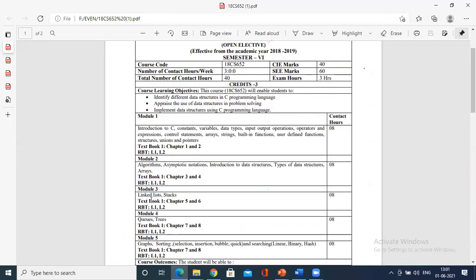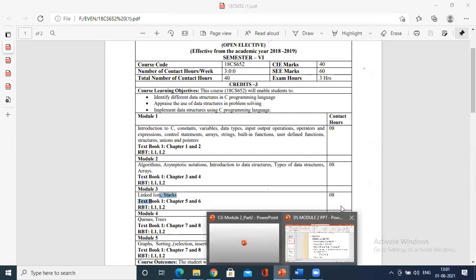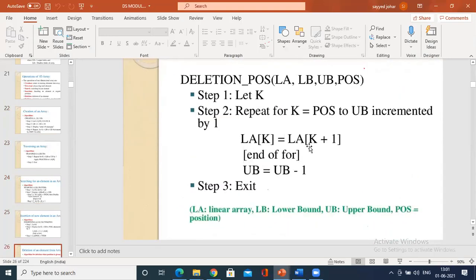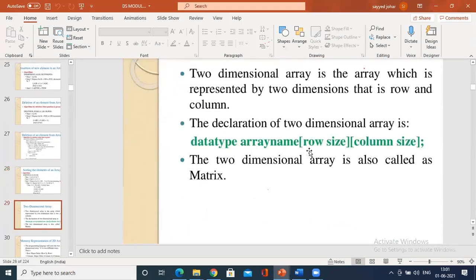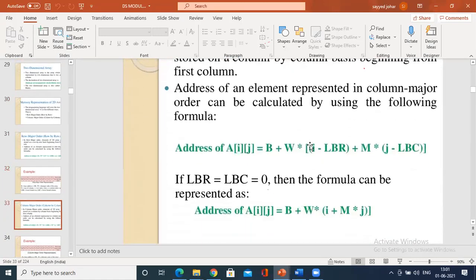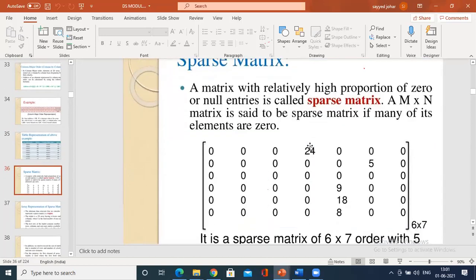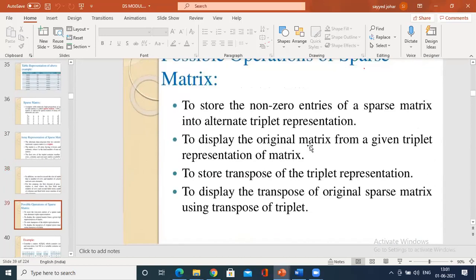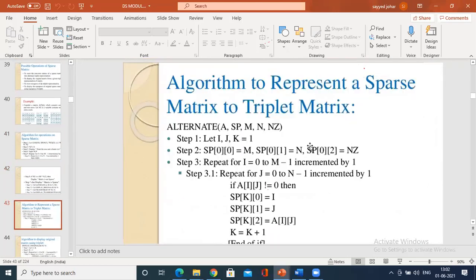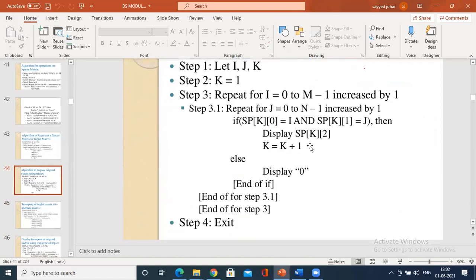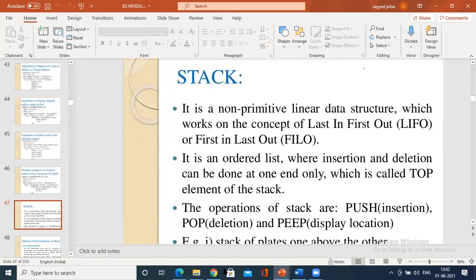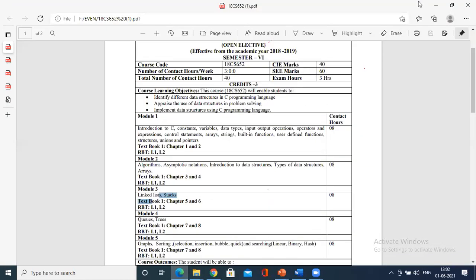So I'll prepare the PDF for it. And in fact, the PPT is there. See, the PPT is there. The next concept after traversal of the array, insertion, and deletion, we have. But you may find the PPT a bit at a higher level, so I'm going with the basic things. So I request you to give the attendance in the chat session. And if you have any doubts, you can message right now, because we have covered 2 modules as of now. So next we have to go with the linked list, the next unit.